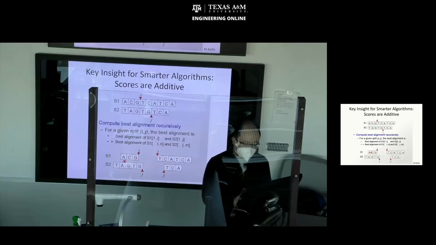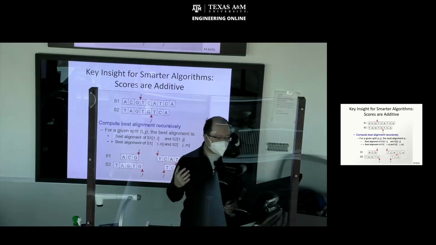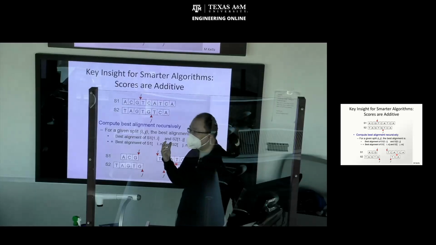In other words, ACG needs to be aligned to TA, GTG, and the rest should be aligned to the second substrings optimally as well,